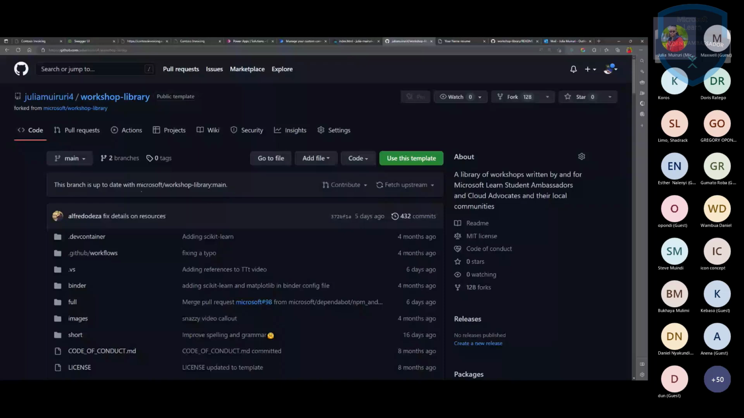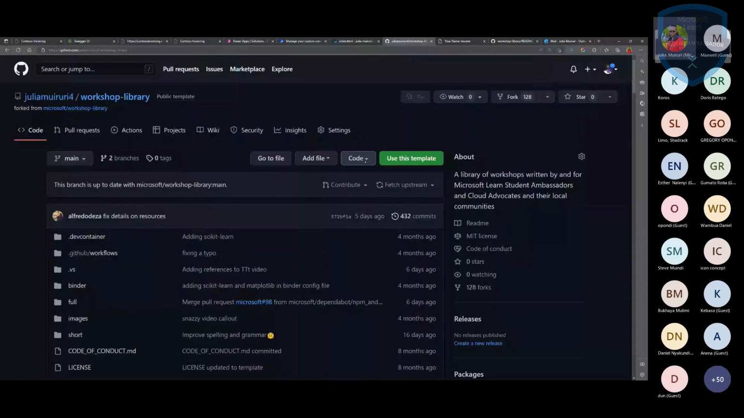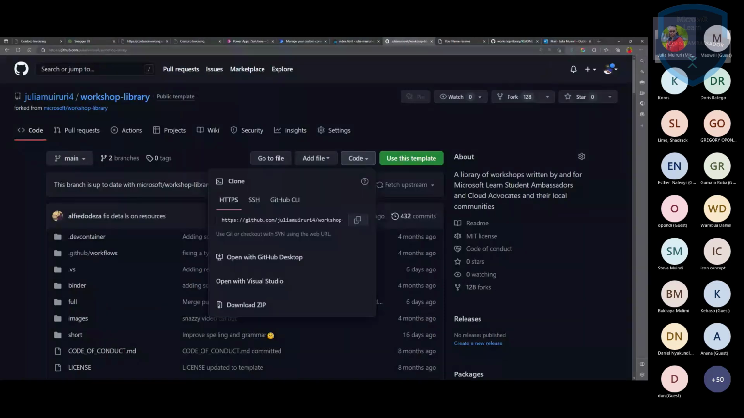What Maxwell was also talking about, cloning, this is when, remember, all this is online, on GitHub. Now what happens when I want to change something on this code? Let's say I need to use my local editor, so I'm going to do a clone. Cloning is basically downloading the project. You can see you have the code button over here. Once you click on code, if you're a Visual Studio user, you can directly click open with Visual Studio. But if you want to download it as a folder,